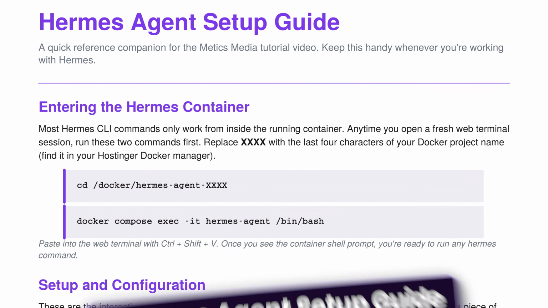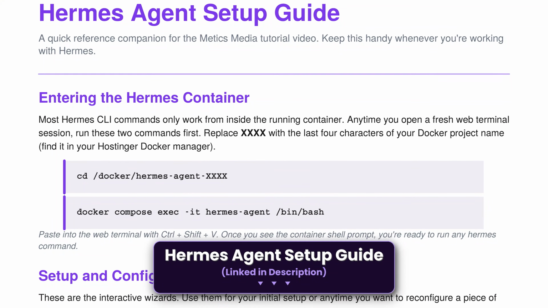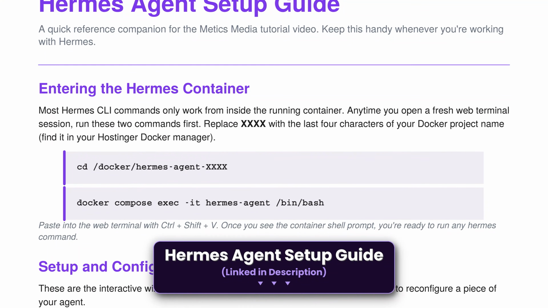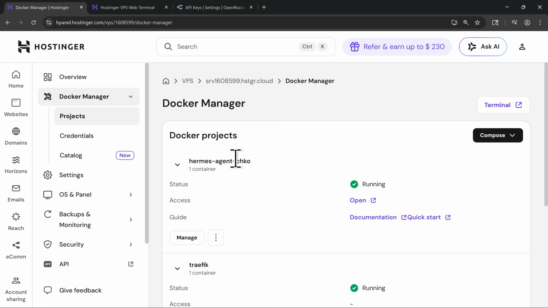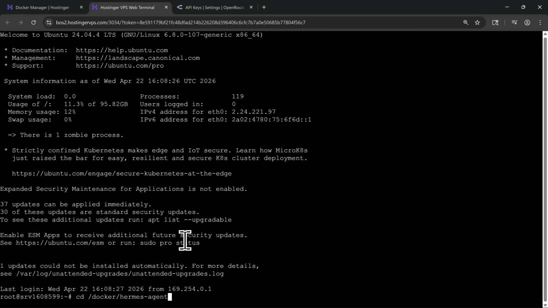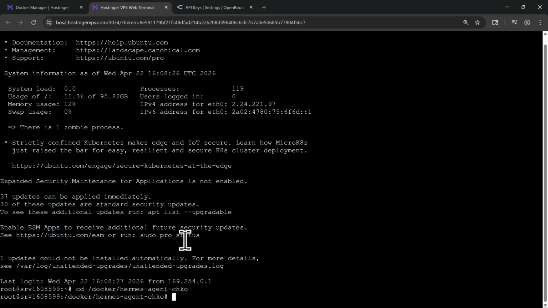And once again, you'll also find all of these different Hermes commands listed in the video description within the Hermes setup guide. So here, let's go ahead and run cd /docker/Hermes-agent. And for this, again, you'll have to go back over to your Docker manager, find these last 4 characters right here. I'll go ahead and copy them, switch back over to the web terminal, then type dash and paste those in right here. Press enter, then go ahead and run docker compose